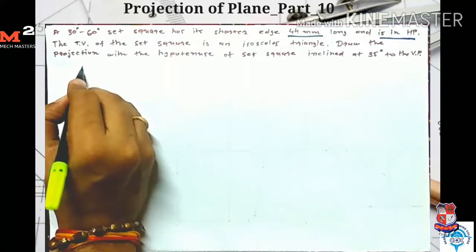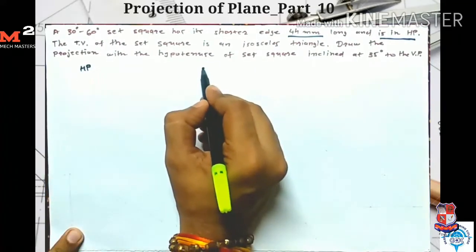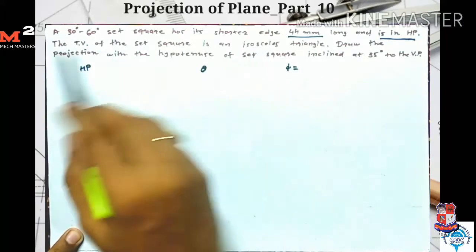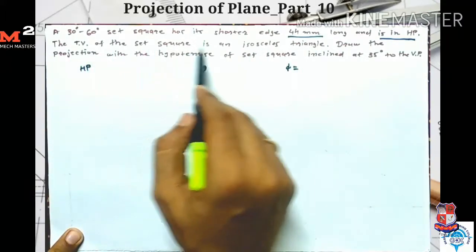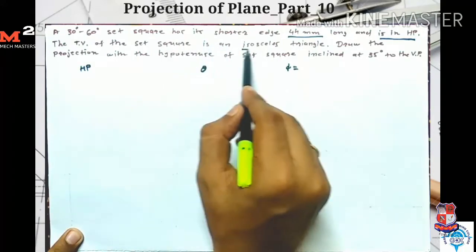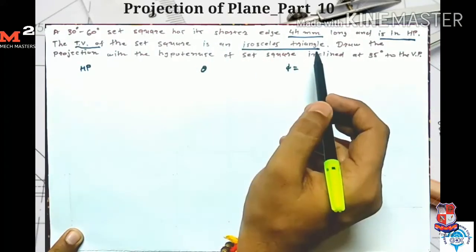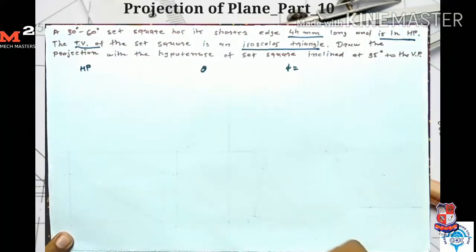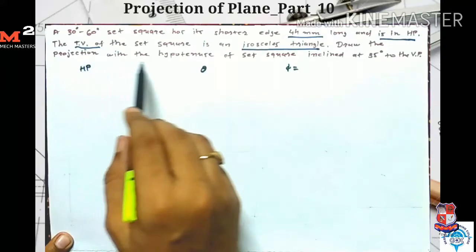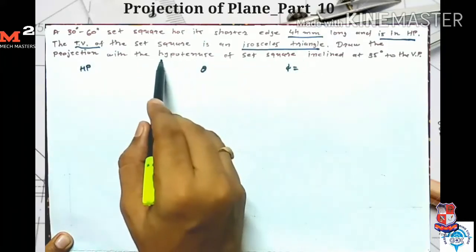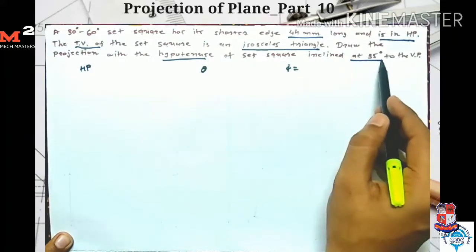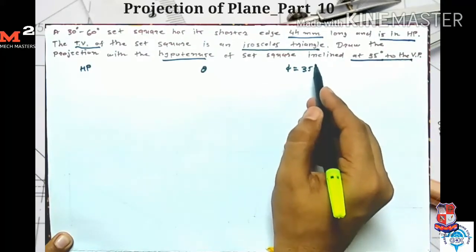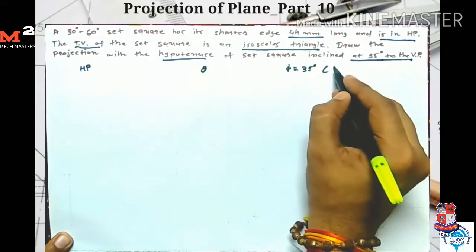So here I write on first stage for HP, second stage for theta, and third stage for phi. The top view of the set square is an isosceles triangle. So the condition for the top view is given. This set square is seen as an isosceles triangle in top view. Draw the projection with the hypotenuse of the set square. Hypotenuse of the set square is inclined at 35 degree to the VP. Okay, means phi is equal to 35 degree, and it is made by the